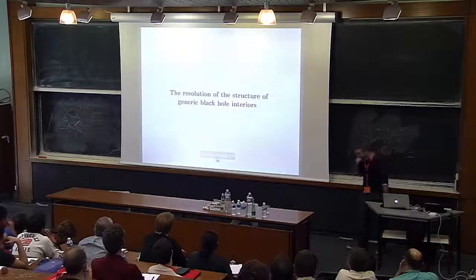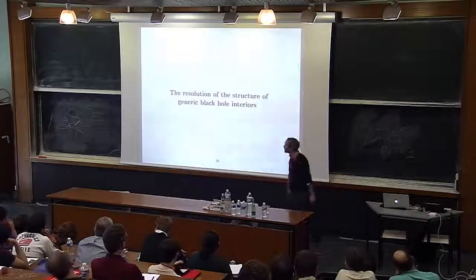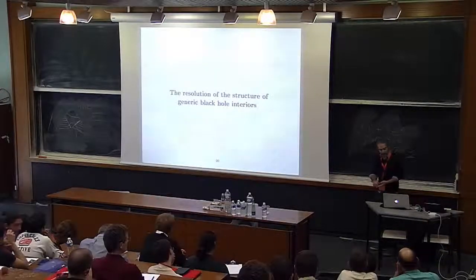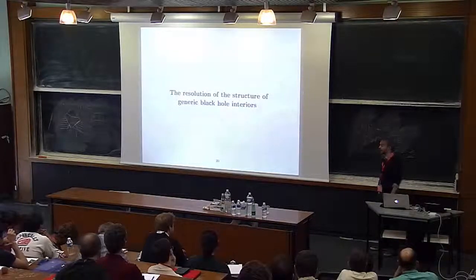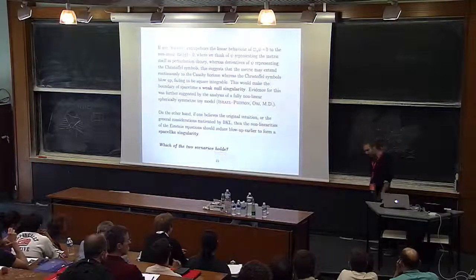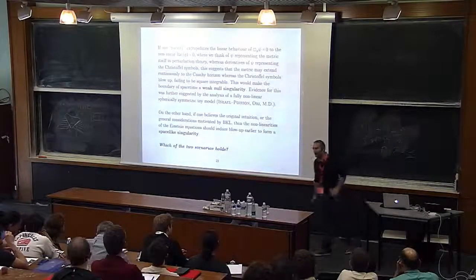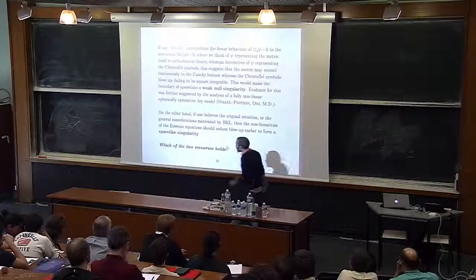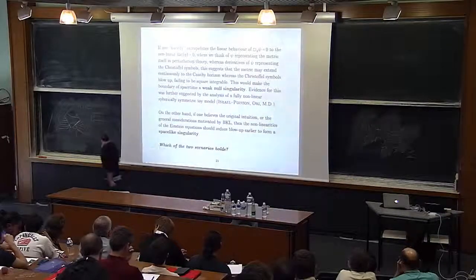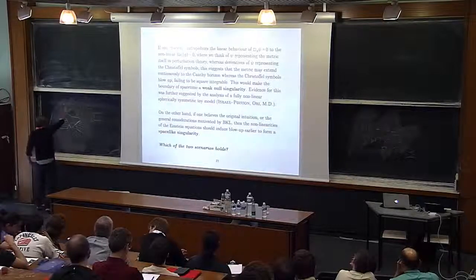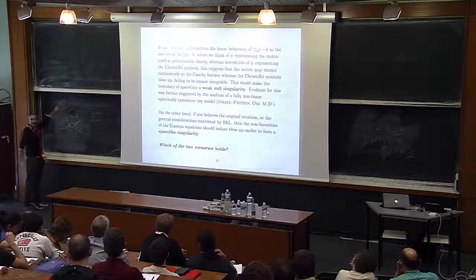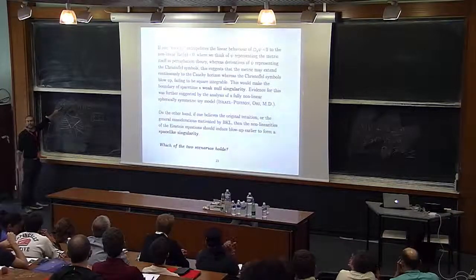All right, so on to the next topic, which is the resolution of this question of what is the structure of generic black hole interiors. So let's review where we are. So what did we show about linear theory? And by linear theory now I really mean poor man's linear theory, just the linear scalar wave equation